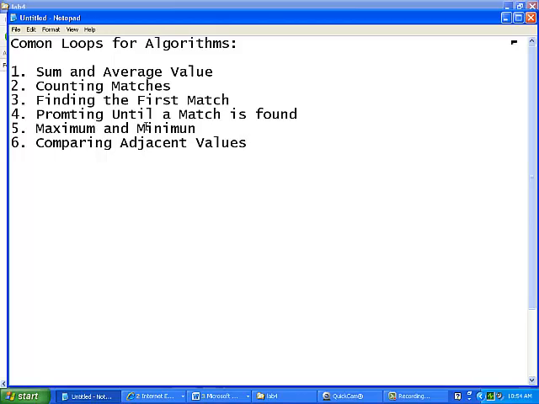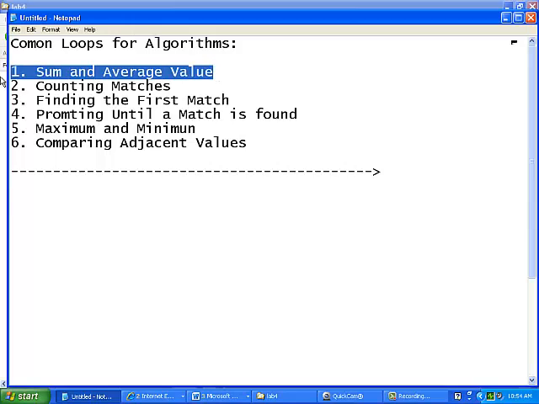All right. So let's say you were asked to compute a number. In this first one, if you want to follow along, this is the first one we're looking at right here. It's to compare the sum and the average of this thing. So if you look at if you have